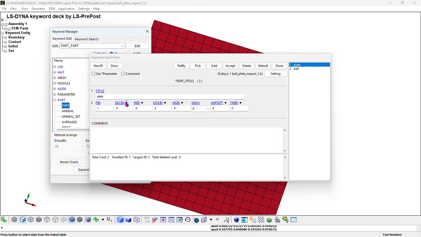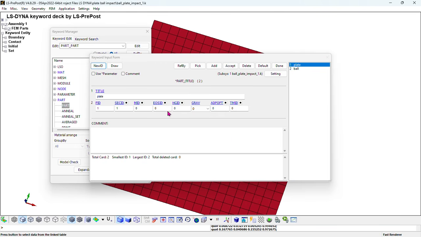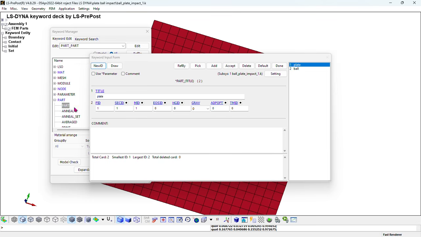Now we will assign the section ID. Now the section ID is plate shell. That's section ID, done. Now the material ID for the plate shell is the plate plasticity material, and we are done. And you can click on accept,